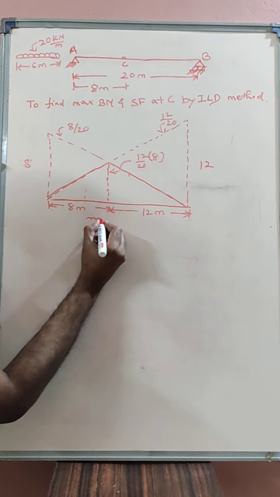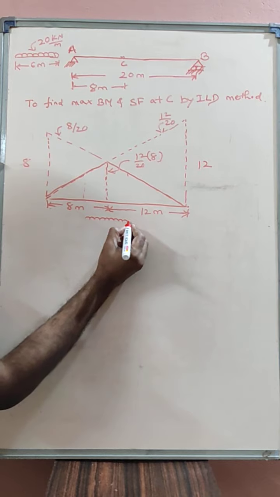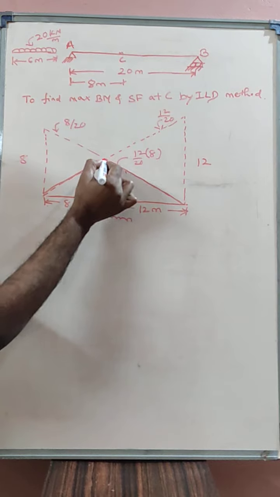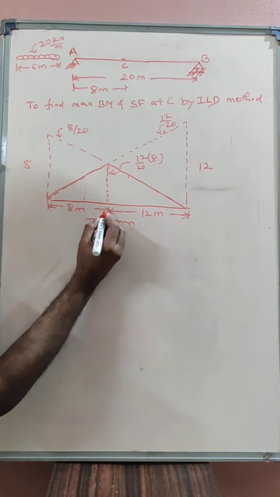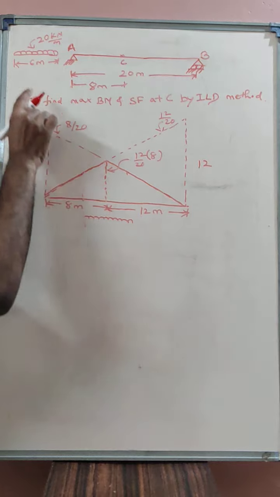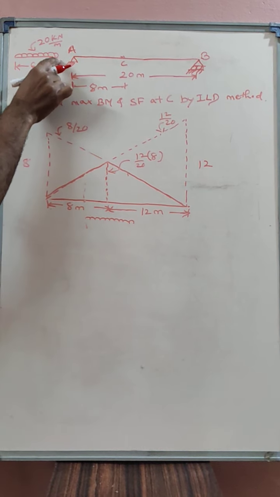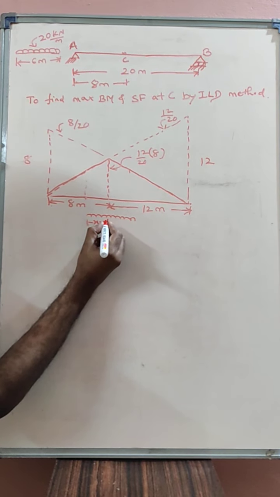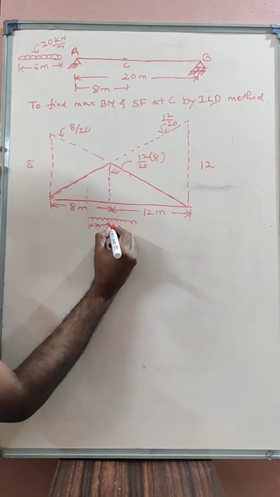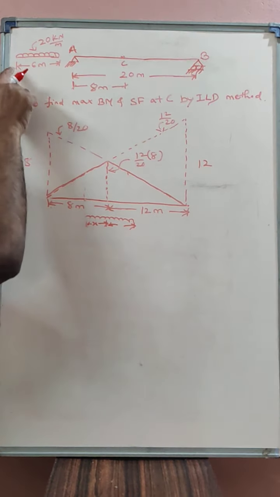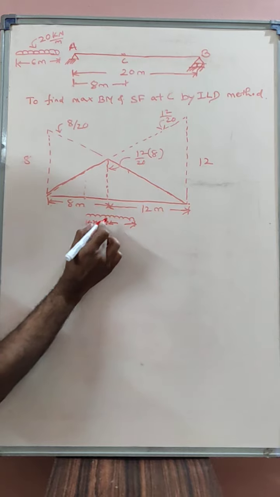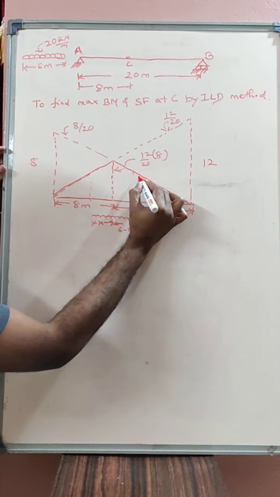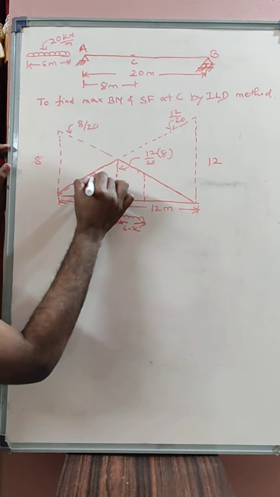Let us say that the UDL occupies like this. That means it occupies some portion which involves this central or maximum ordinate. We call this the tail of the UDL, and this is the tip of the UDL. Where the tail of the UDL ends here, this is X. And naturally how much is this? The total length of the UDL is 6, so if this is X, this is 6 minus X. So X and 6 minus X, and the ordinates corresponding to that are these.